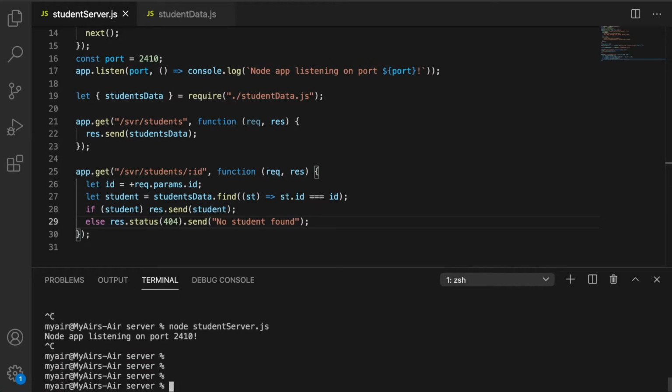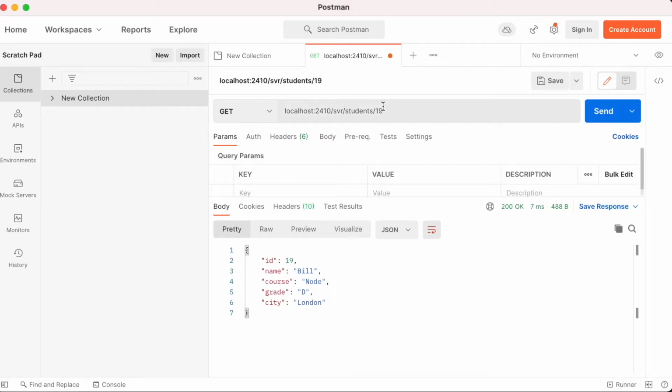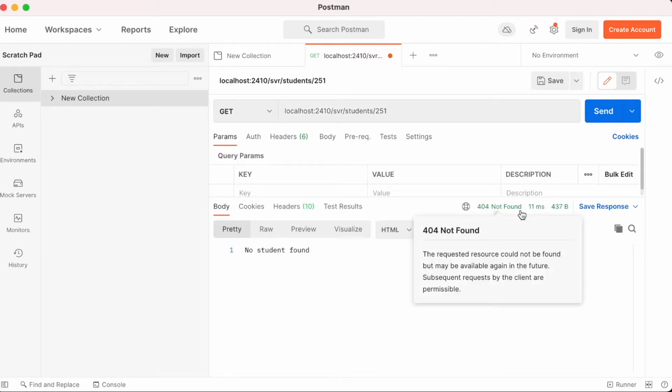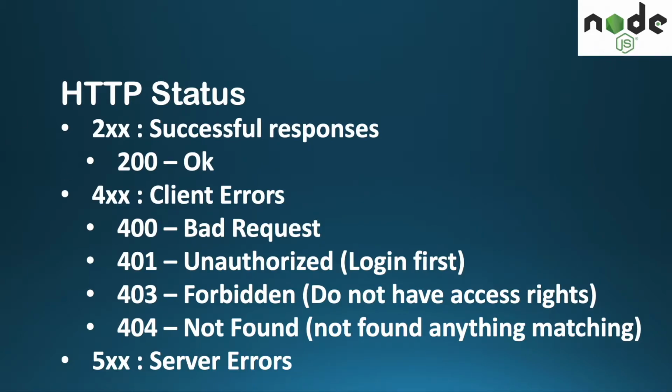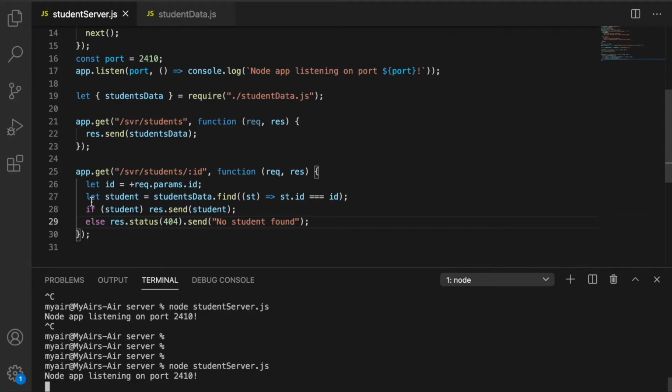Let's run this again. So for 19 we get the student. Now if I put in 251, what do we get? We get 404 not found and the message is no student found. So this is how we can give the error message. So we are sending the status. If we're not just sending the status, we just say response.send, then it is 200. Otherwise we have set the status code and we have sent the message.